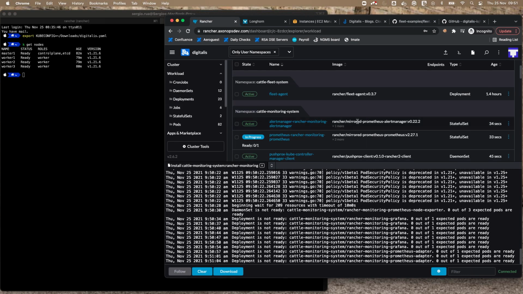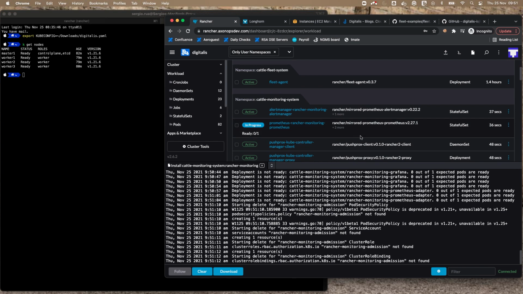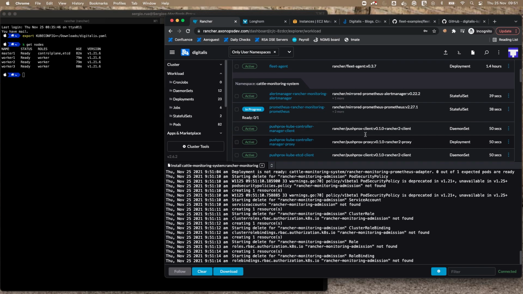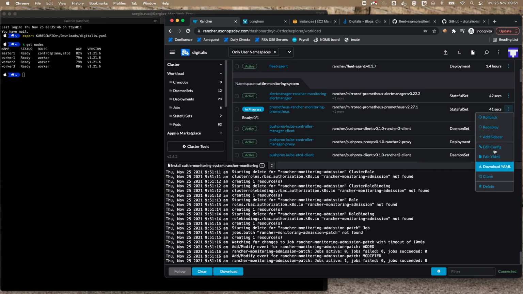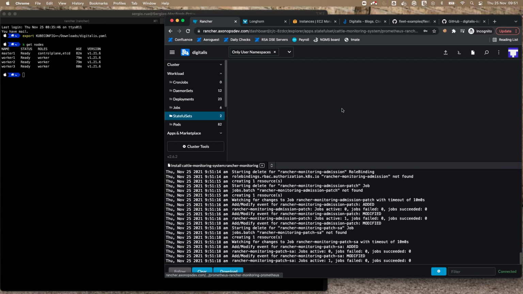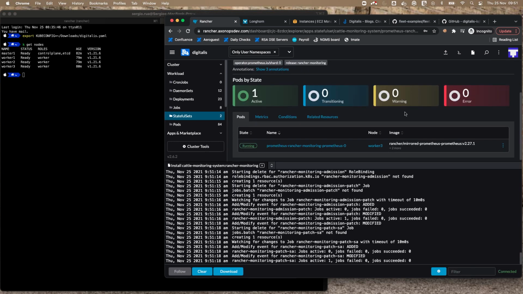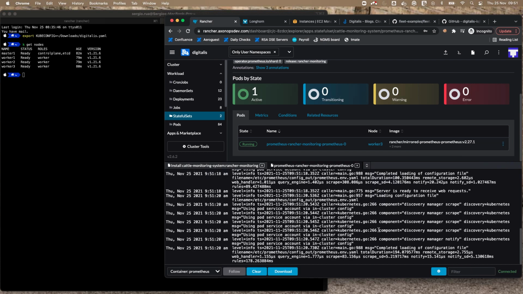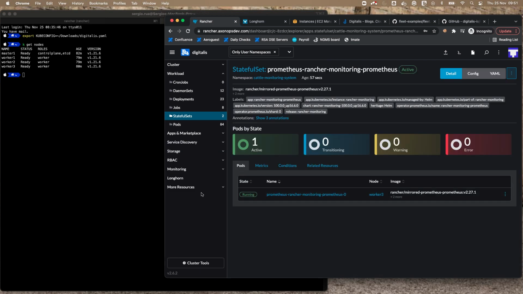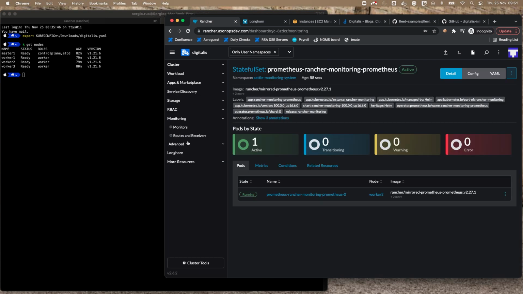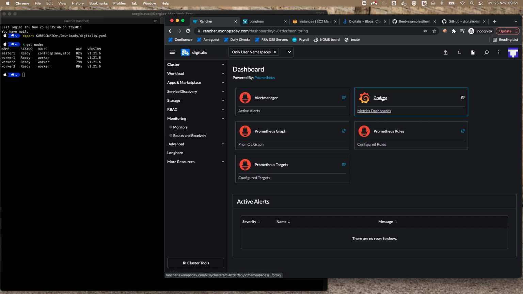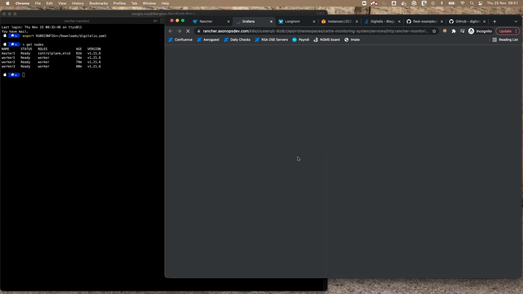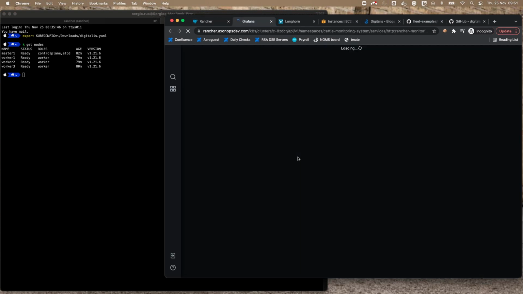Now let's do something that requires storage, like for instance, monitoring. So this is the standard Prometheus, Grafana, and Alertmanager stack, using as well the Prometheus operator. So I'm going to install. In this case, I'm gonna edit some changes because I'm gonna tell it I want to use the system storage. I don't have 5 gigs, so let's give it just 2. And I want to deploy it to Longhorn. Install.